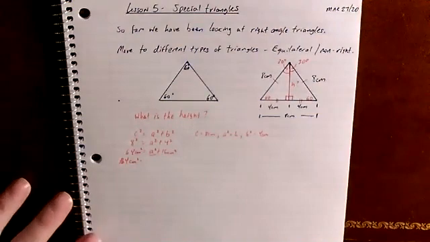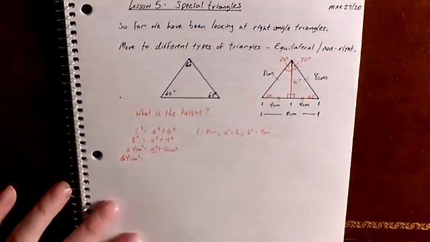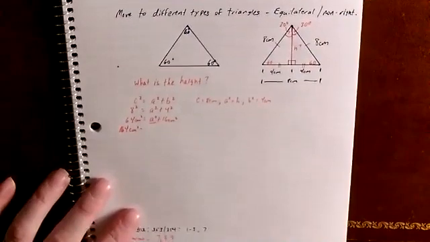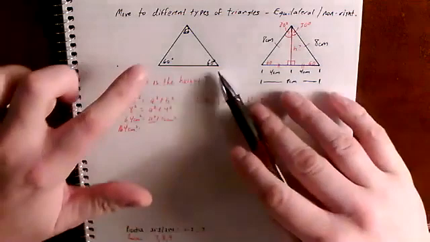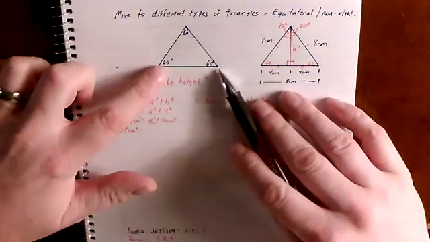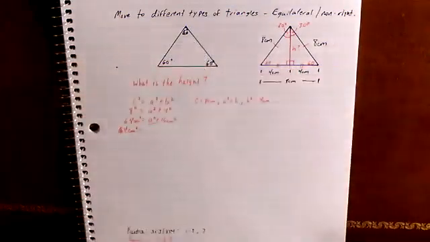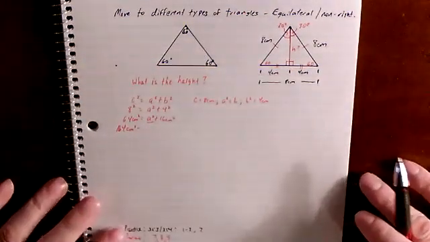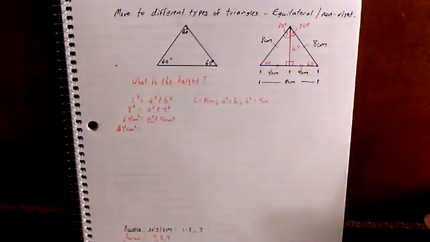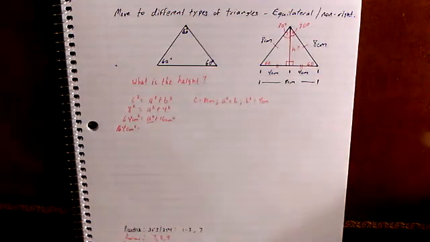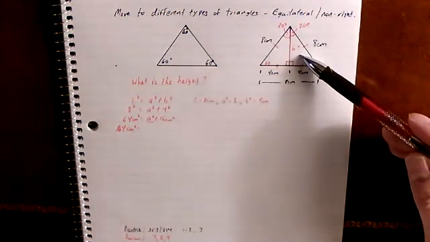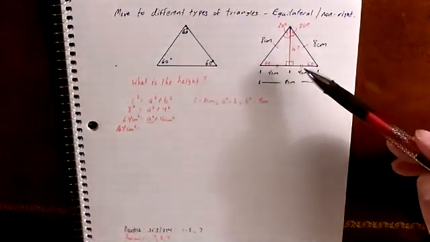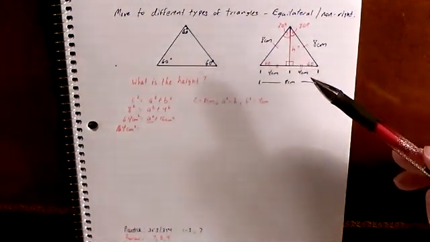But today we're going to move into a different type of triangle, equilateral or non-right-angled triangles. Here I've drawn an equilateral triangle, 60 degrees on each angle. In order to use Pythagoras' theorem to find the area of an equilateral triangle, we were finding the area and the length of